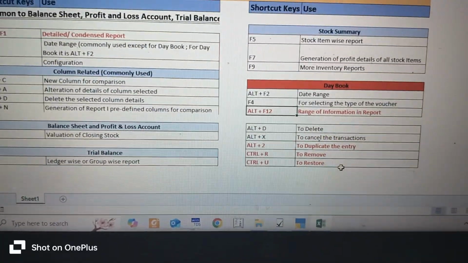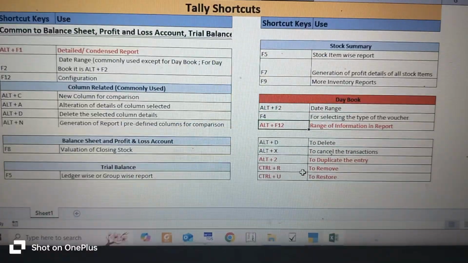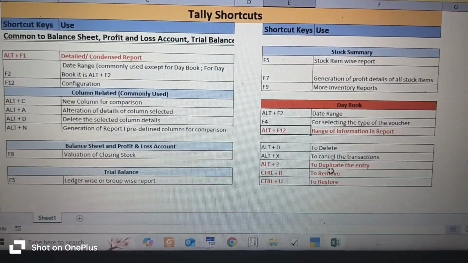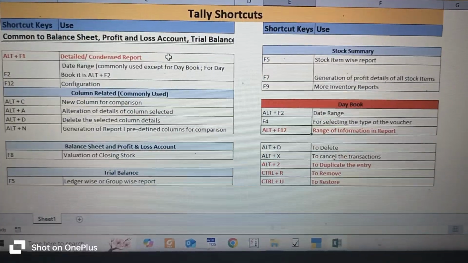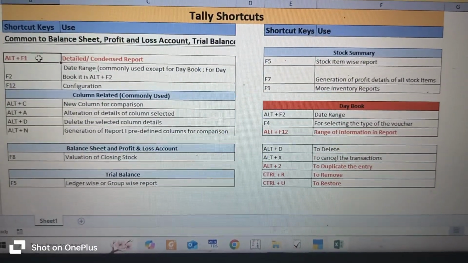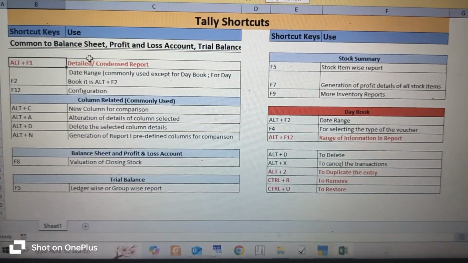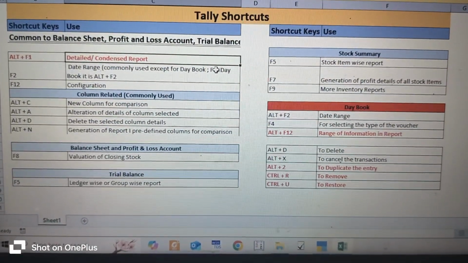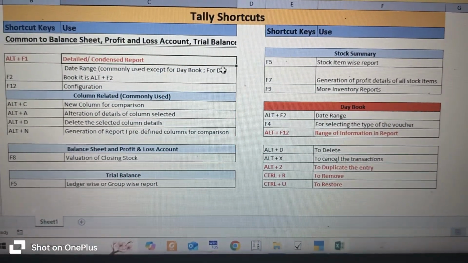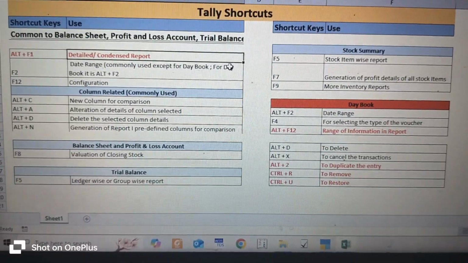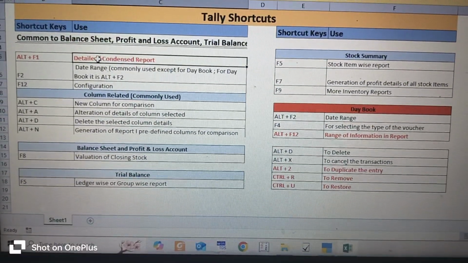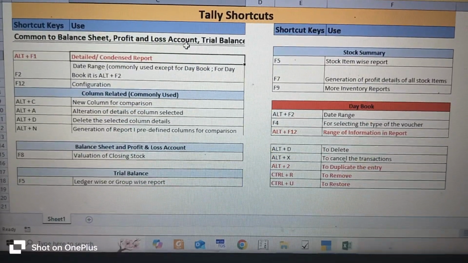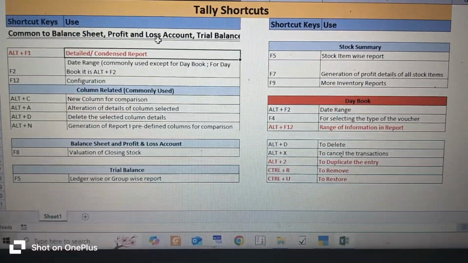At the time of vouching, these two shortcuts are used, or for any other purpose also you can use. Alt F1 is also common, that is for detailed or condensed report, for your own understanding or for making other people understand, you can use this Alt F1. Some of the shortcuts which are common to balance sheet, profit and loss, trial balance, Daybook,